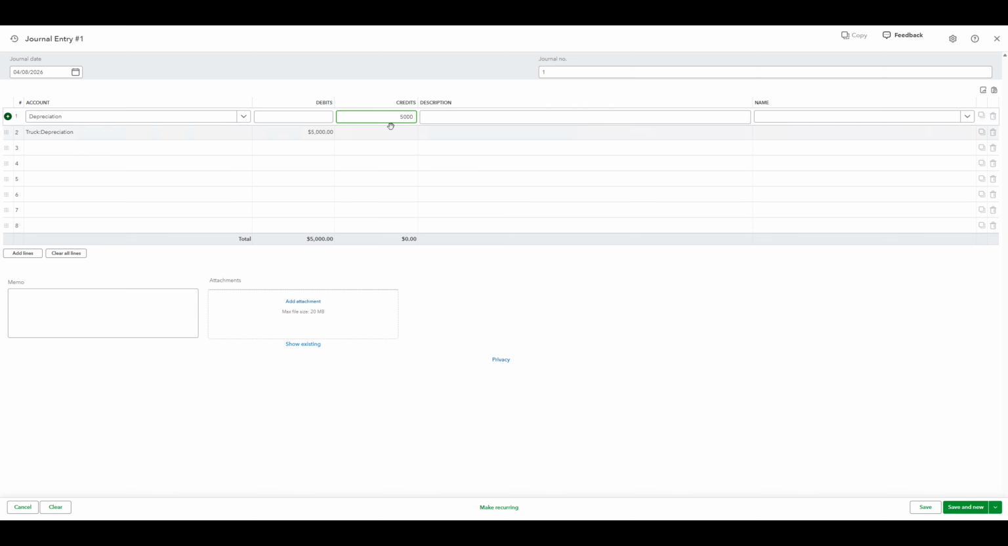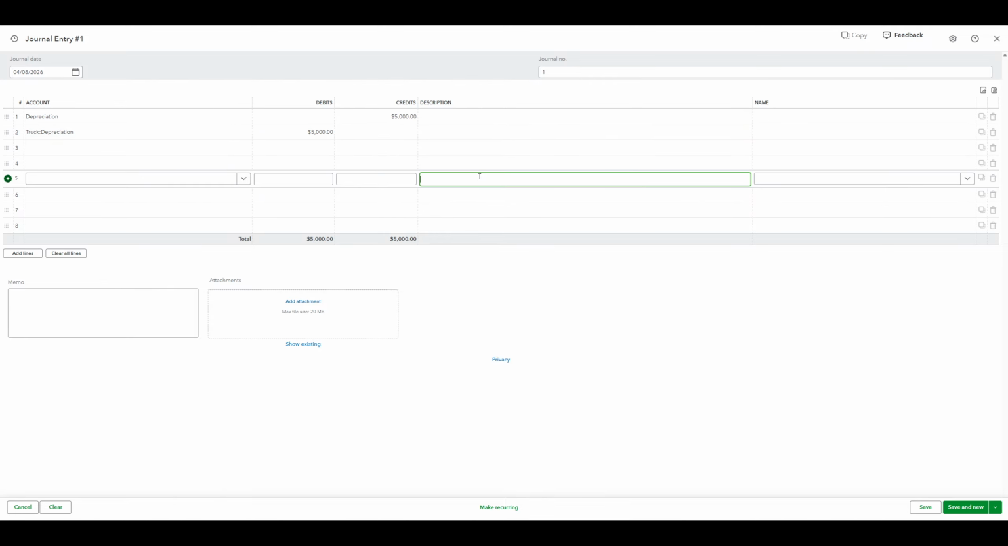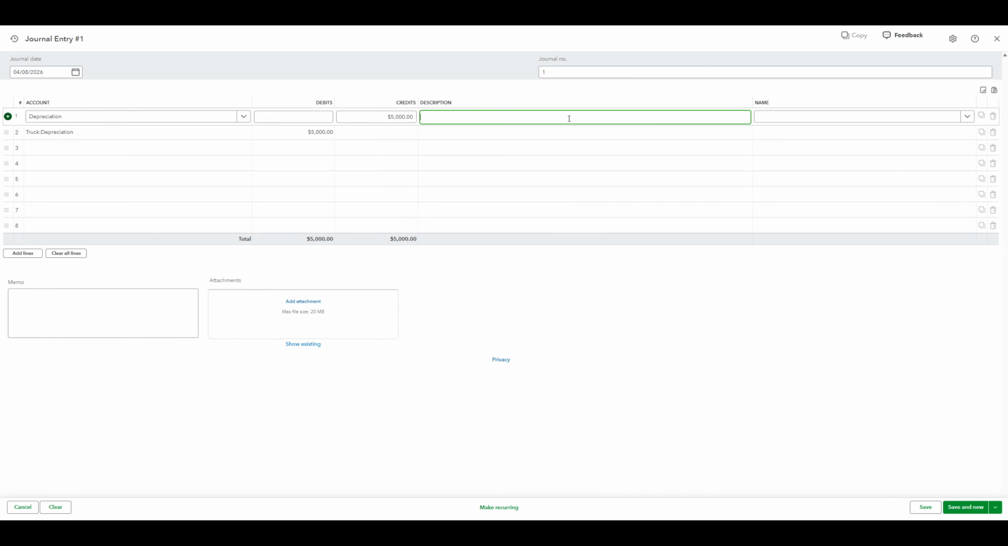Add a clear memo so anyone reviewing your books understands the purpose of the entry. A simple note like "depreciation for the period" works well. You can include the month, quarter, or year to make it even clearer, such as "depreciation for December" or "FY